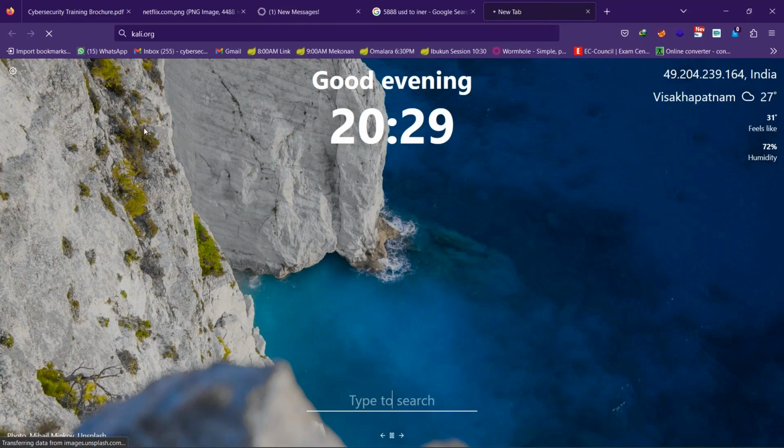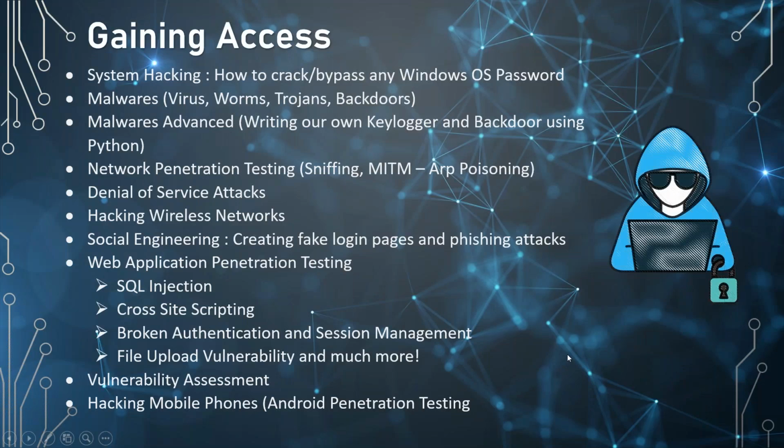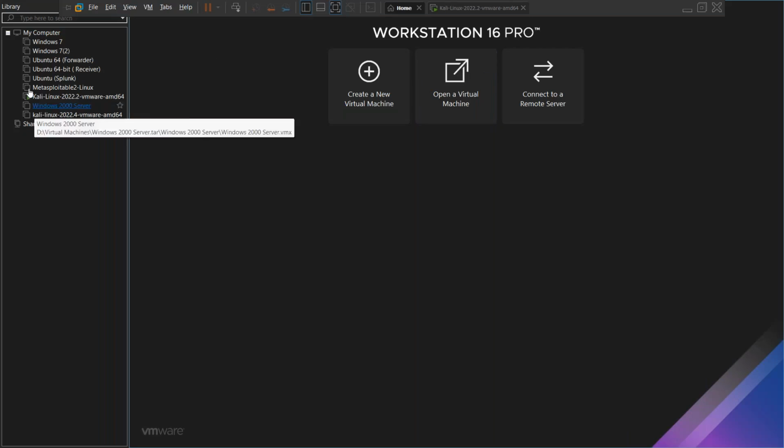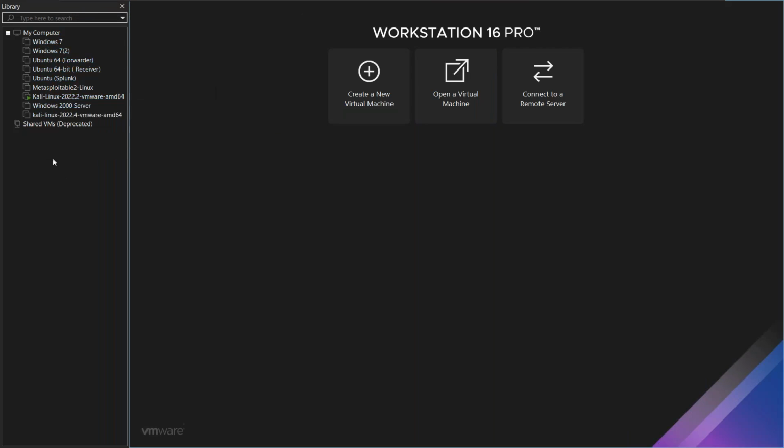If you're using Windows, don't worry at all about how to install Linux. We have a tool called VMware, guys. Let me show you how to create a lab setup on your own system. Using that lab setup, you can install as many other operating systems as you want. And one of them that I'm running right